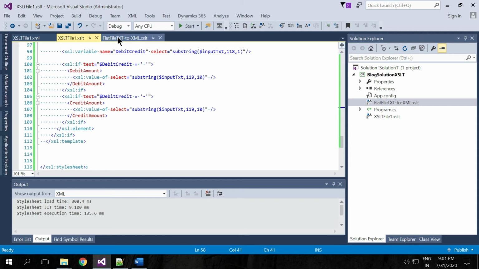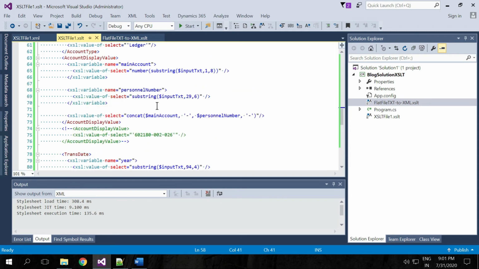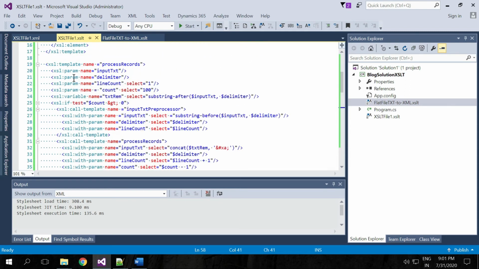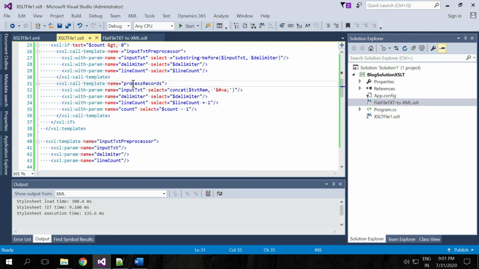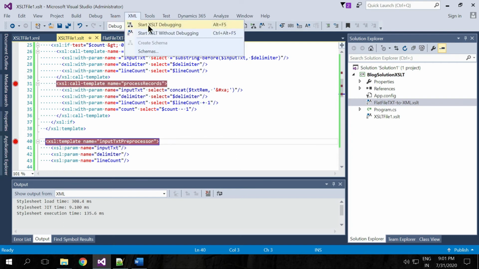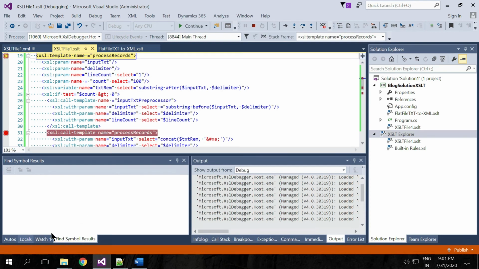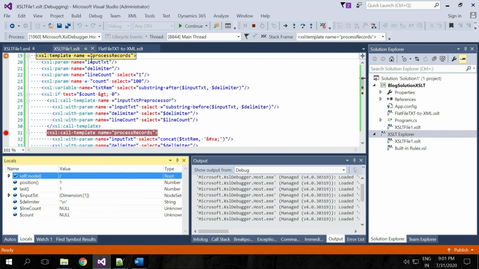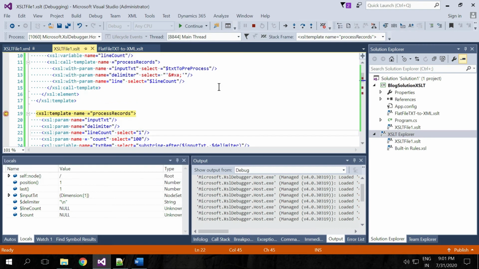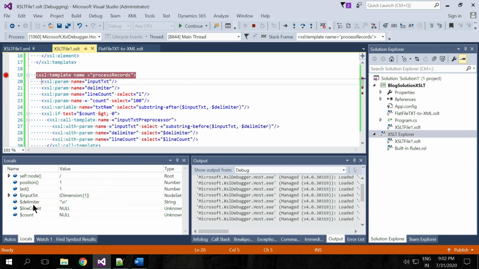Alright, so let's say I want to debug it. Let's say I want to understand the flow here. So I just put a breakpoint here and here, just to show you how we can debug this. Start debugging. You can see I'm able to debug it. I am able to see the exact value of the input text.